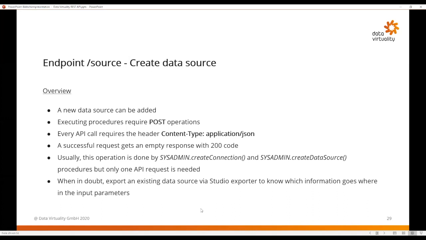Creating a data source. This one is slightly more complex, and it's very similar to the approach that you would use when you do this via SQL, except for one thing. Creating a data source in Data Virtuality always consists of two parts: a connection, which mainly contains the information on how to reach the other system, like host, port, credentials, name of the database, or web service endpoint, and a create data source statement, which contains the actual information to tell Data Virtuality